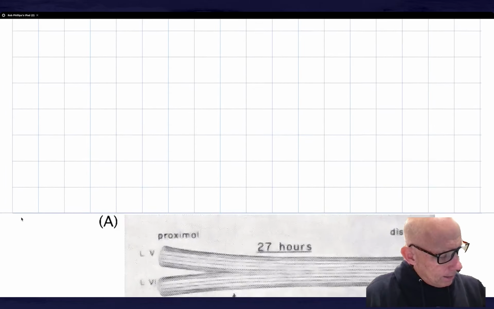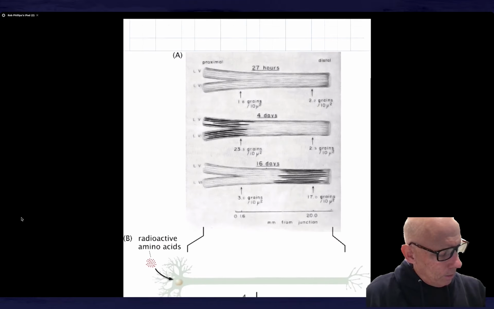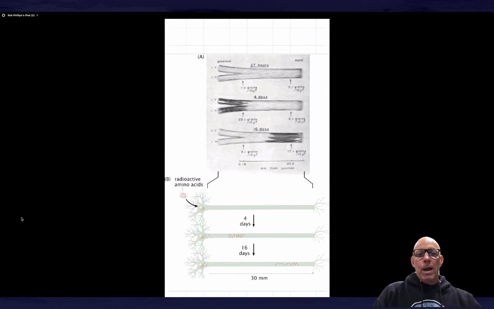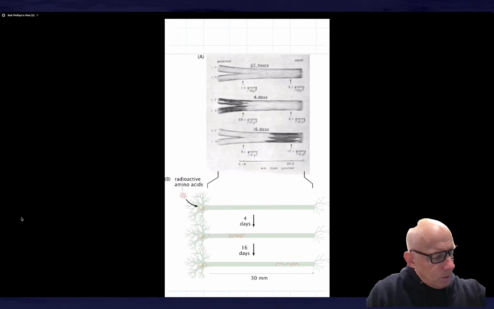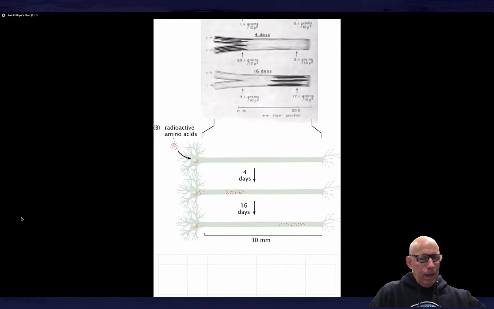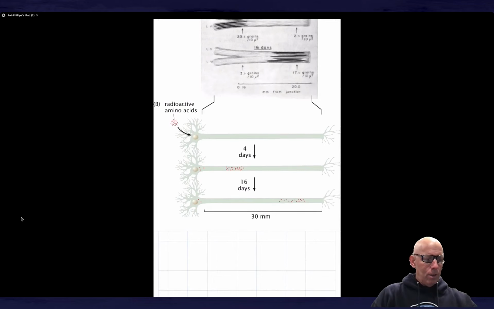And a second example, which I quite love, is related to an experiment from the 1960s, which I show you here. So the idea was that a radioactive tracer particle, I think it was radioactive leucine, but I'm not entirely sure, as you see at the top here, is released over here. And then over time, using radioactivity, one watches the propagation of the radioactive leucine as it diffuses or perhaps is actively transported down the nerve. And so, the picture that you might have is shown in this cartoon where we have this radioactive amino acid,